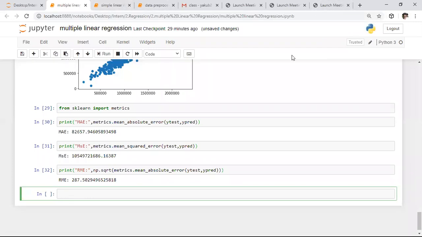The model is working. To know the model performance, we need to calculate all these metrics. These are the metrics to calculate your cost function and such things. I will share the videos corresponding to the intuition behind simple linear regression as well as multiple linear regression. Go through those videos if you want to understand the theory concepts clearly.